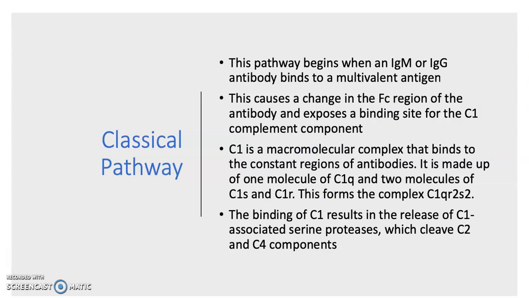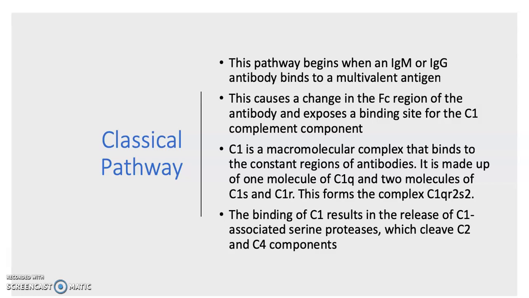So the first pathway I'll talk about is the classical pathway. This begins when IgM or IgG antibodies bind to multivalent antigens. This causes a change in the Fc region of the antibody and exposes a binding site for the C1 complement component. C1 is a macromolecular complex, and it binds the constant region of antibodies. It is made up of one molecule of C1q and two molecules of C1s and C1r, and that forms